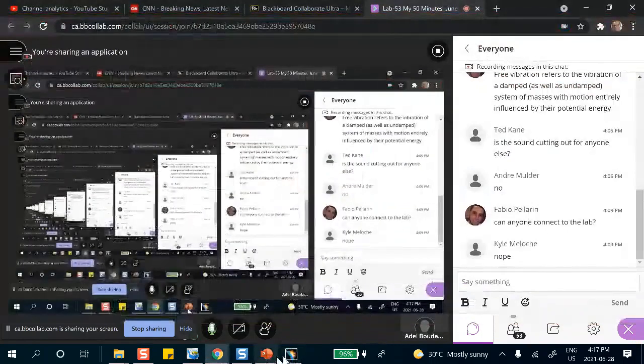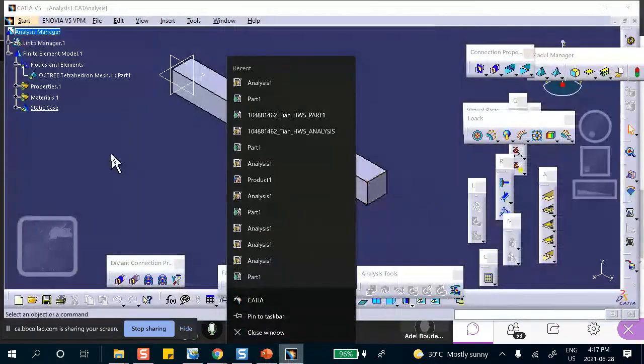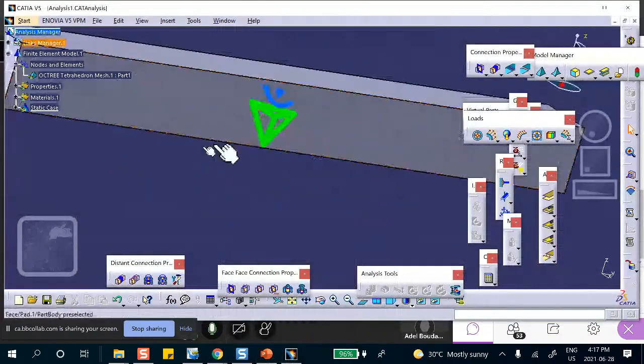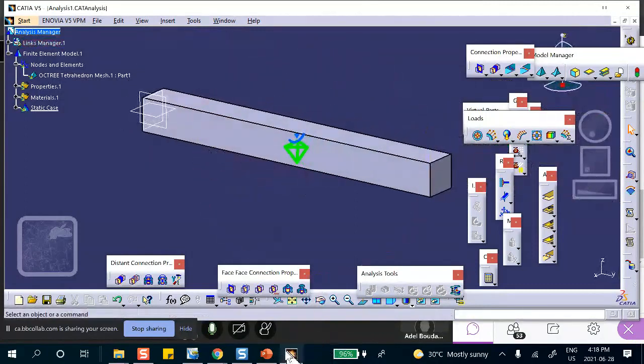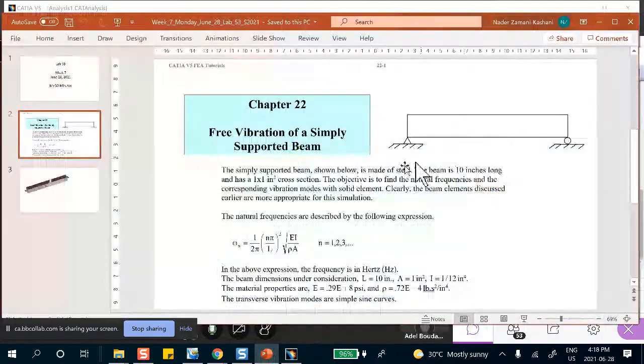Let's see now. Oops, where is this? All right. So this end, this bottom end, I decided to, well, clamp. Okay, it's really not clamp, because if this is free vibration, this can actually shrink in that direction. There's a difference. You know how they do simple support in real life? This is not how they do simple support in real life. They don't pin it here. What they do, they put a roller a little bit to the right and a roller here a little bit to the left, and then let this thing sag on that roller. They don't pin this. Okay?